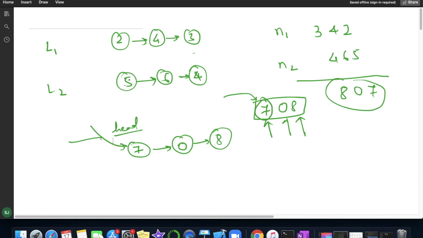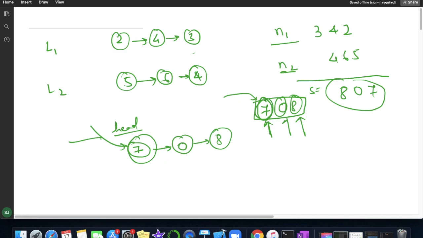The approach is quite simple. We will first calculate n1 from list 1, then n2, then add n1 and n2. Suppose this is my s; we reverse this s and iterate throughout each character, meaning each value part, and treat each character as the value for a new node of the final linked list.